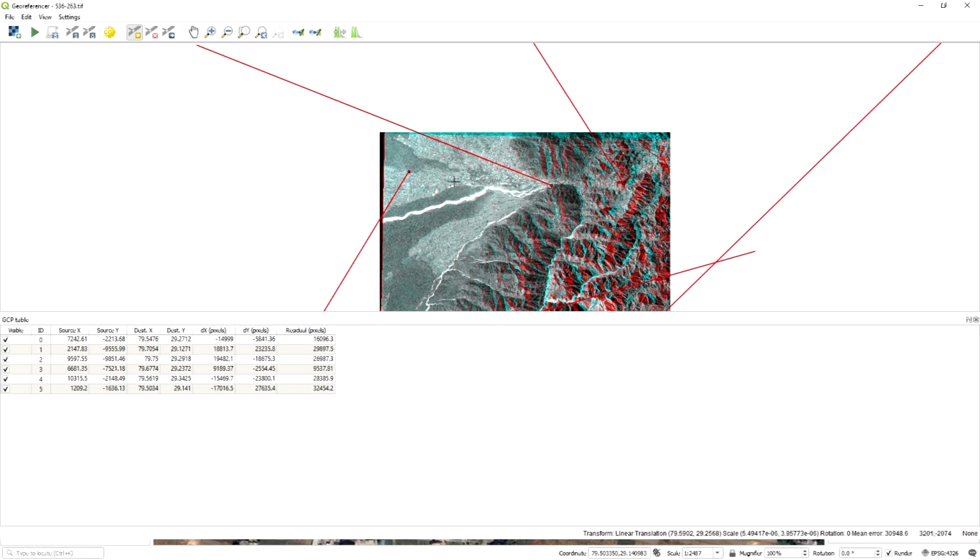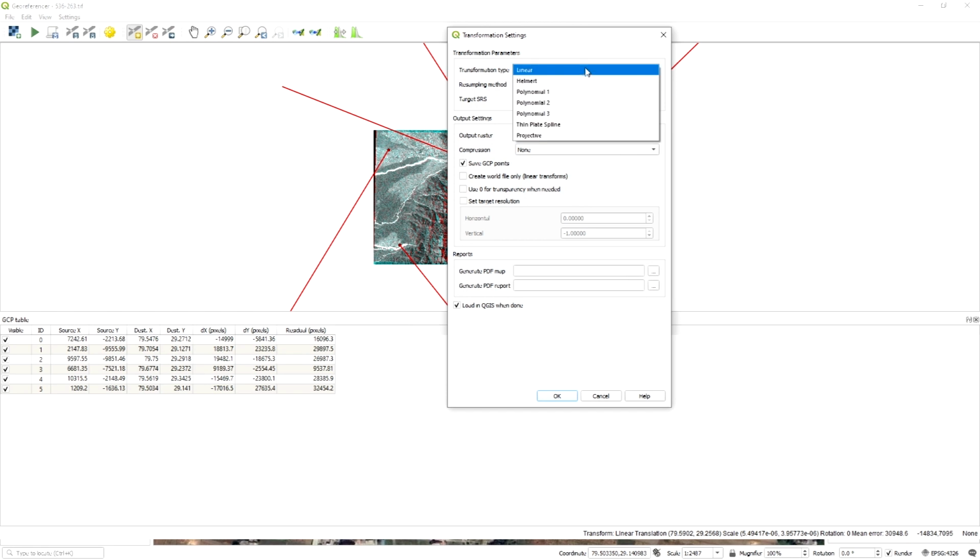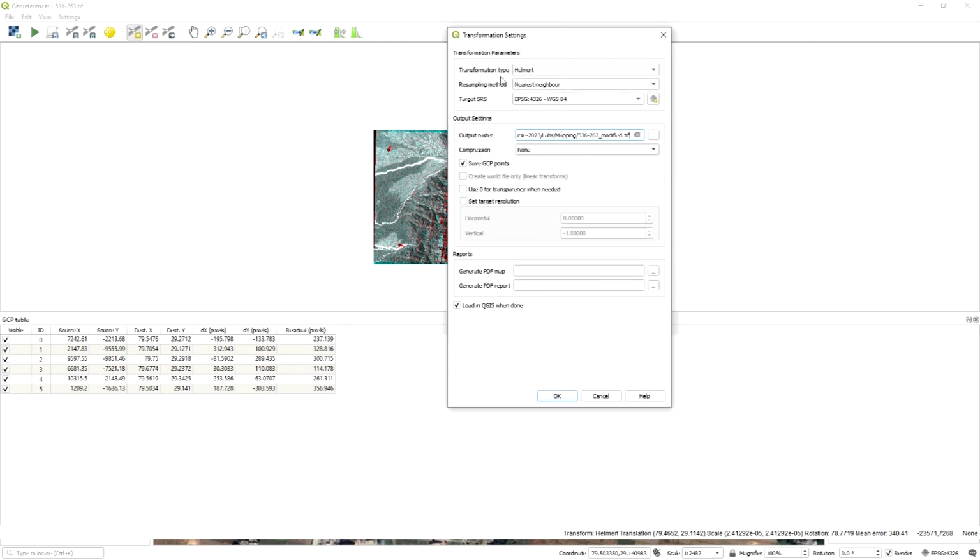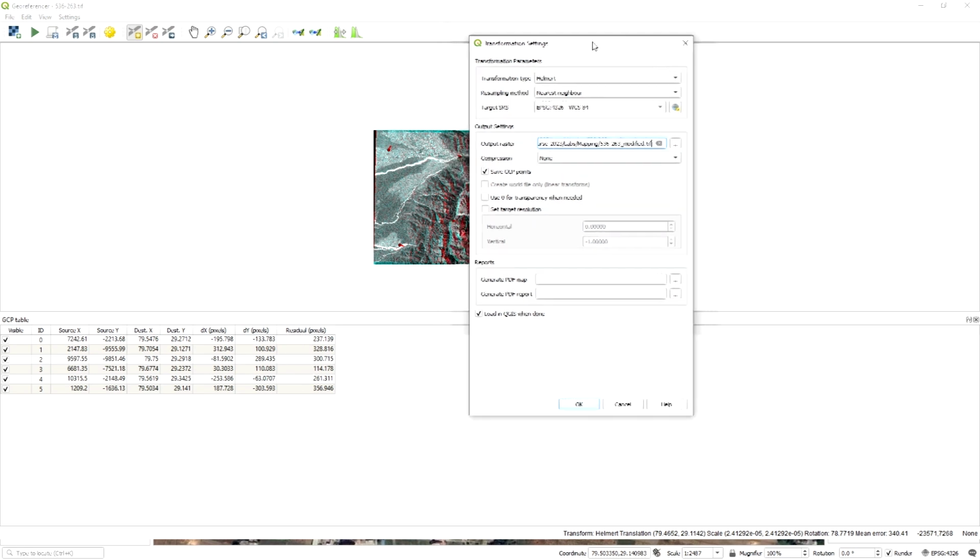So you select this. Here you can see the error associated with your individual pixel point. You can see the error is quite high, so I will change the transformation type or the sampling method. You have to shuffle. Now you can see with this transformation method Helmert and the resampling method nearest neighbor, your associated error is minimum. So I will choose this